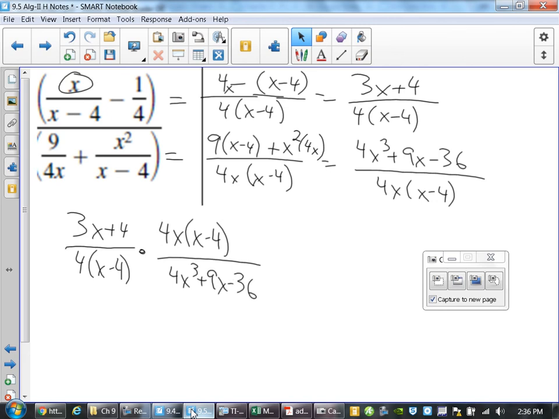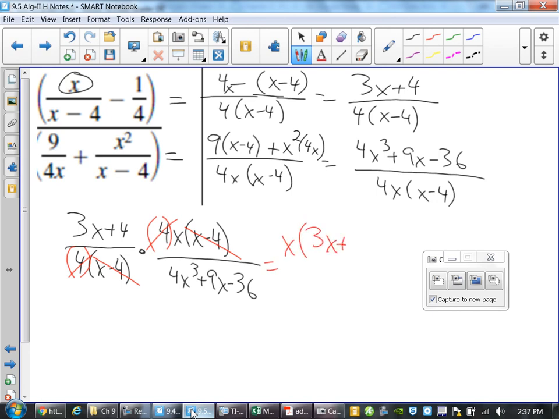And what drops? x minus 4. I can't, because it's terms. Each of these are being multiplied. Okay, so it does work. Which means your answer is 3x plus 4 over